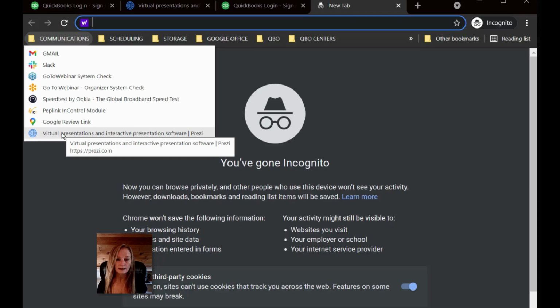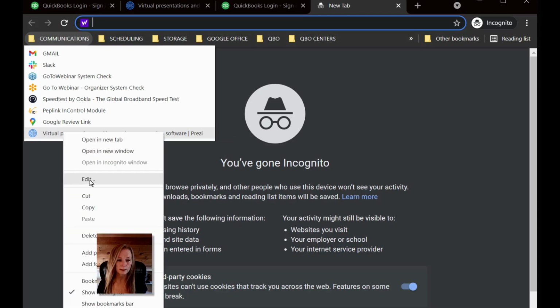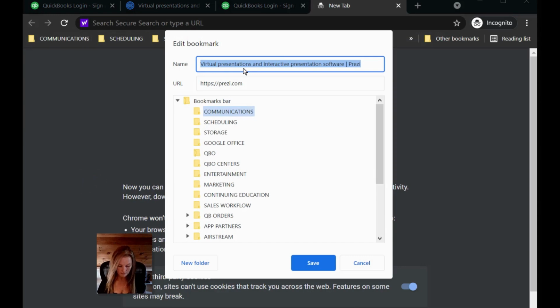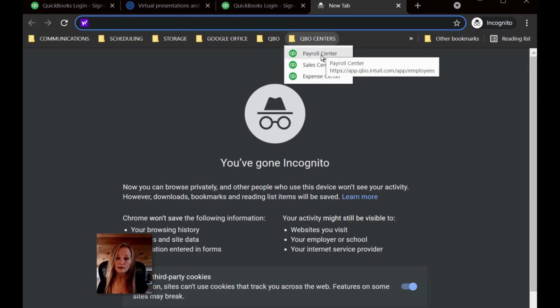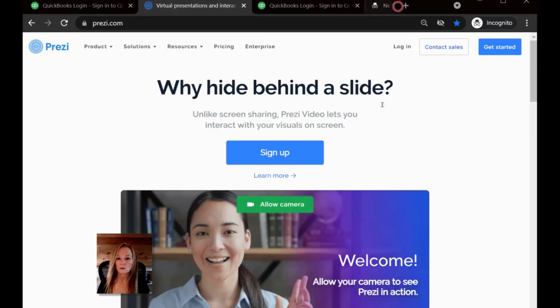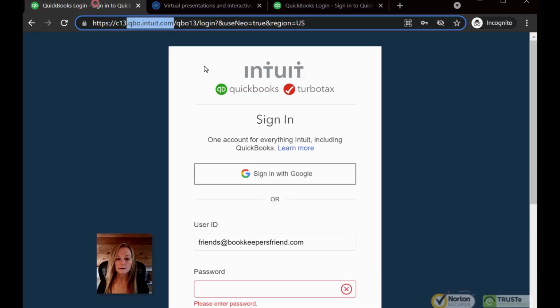Now I could have edited that. I could right click it and edit the name and just call it Prezi. Again, these are all Google tips. What's nice about this is now I have custom menus. And if you look here, I also have custom menus for QuickBooks Online. So if I was logged in to a client file, I could click Payroll Center here, and it would take me to an Employee Center in whatever file I'm working in. So bookmarks we can get into later. It's a cool little thing, but that is how you get logged